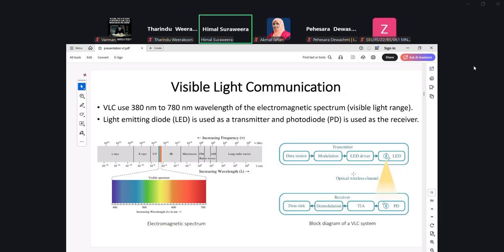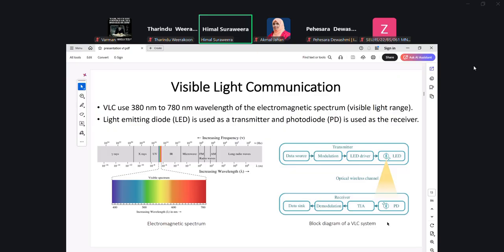The right-hand diagram shows you a simple version of a visible light communication transmitter and a receiver. The main element of transmission is the LED. You have the data source, which is modulated, and then you use some kind of LED driver to drive the LED, and the LED will switch on and off at a very high rate. At the receiver side, the main device is the photodiode, which converts the received intensity into a current.